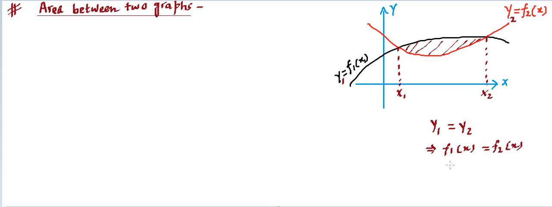Now when we solve this, after solution you are going to get x values. So you will get x value as x1, and you will also get x value as x2. You will get two values because they are intersecting two times, hence two values are supposed to come. So you will get x1 and x2 out of solving this expression, so that we are able to find this x1 value and x2 value. Once we have found x1 and x2, then we can find the area enclosed.